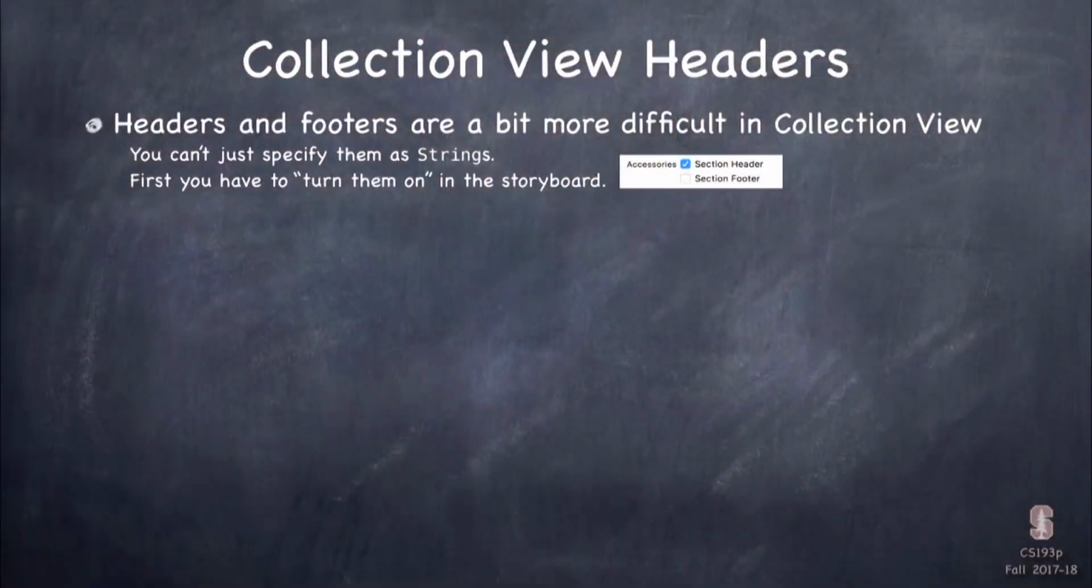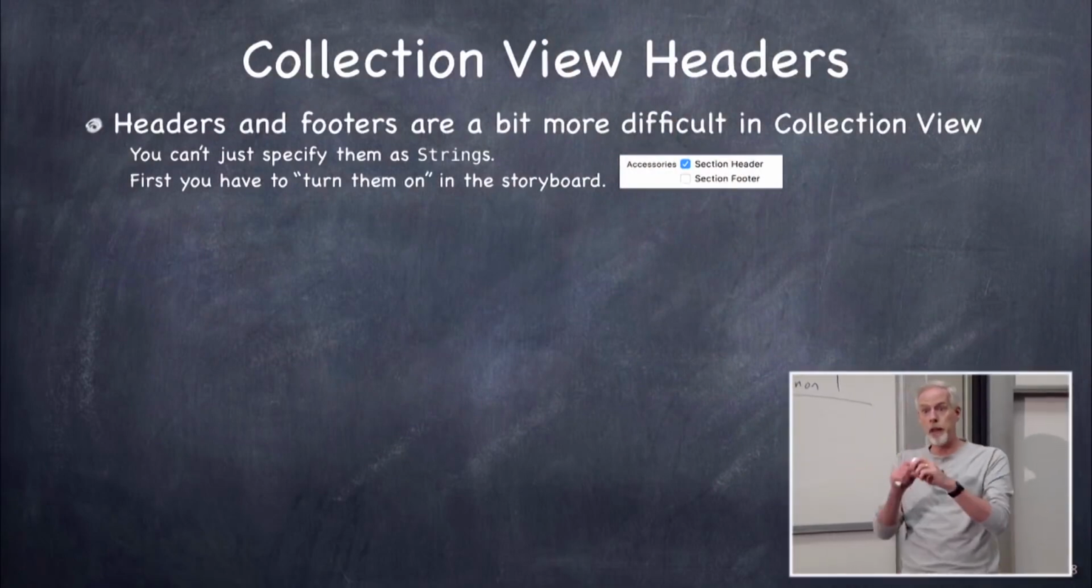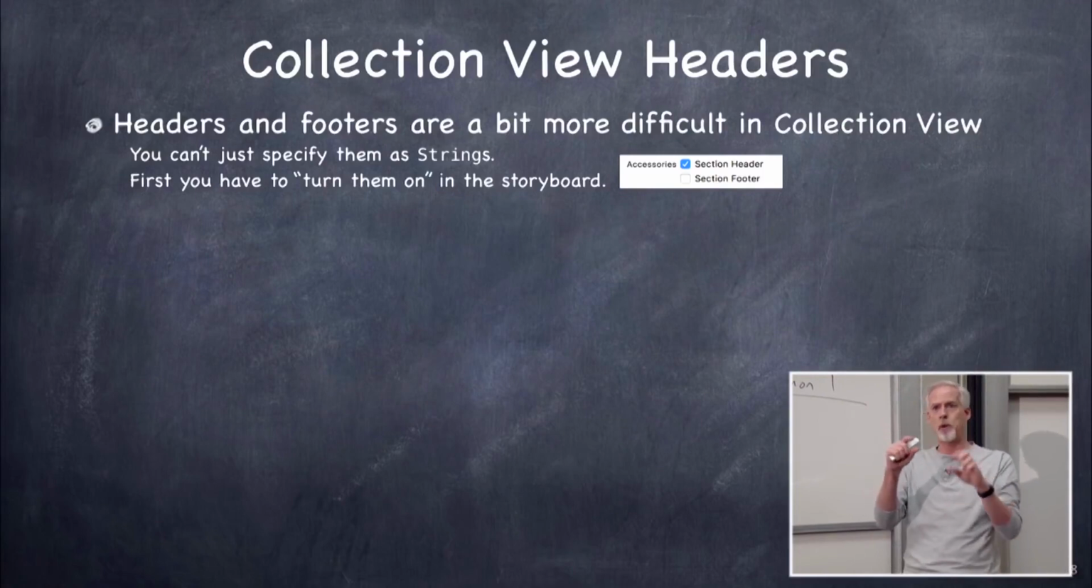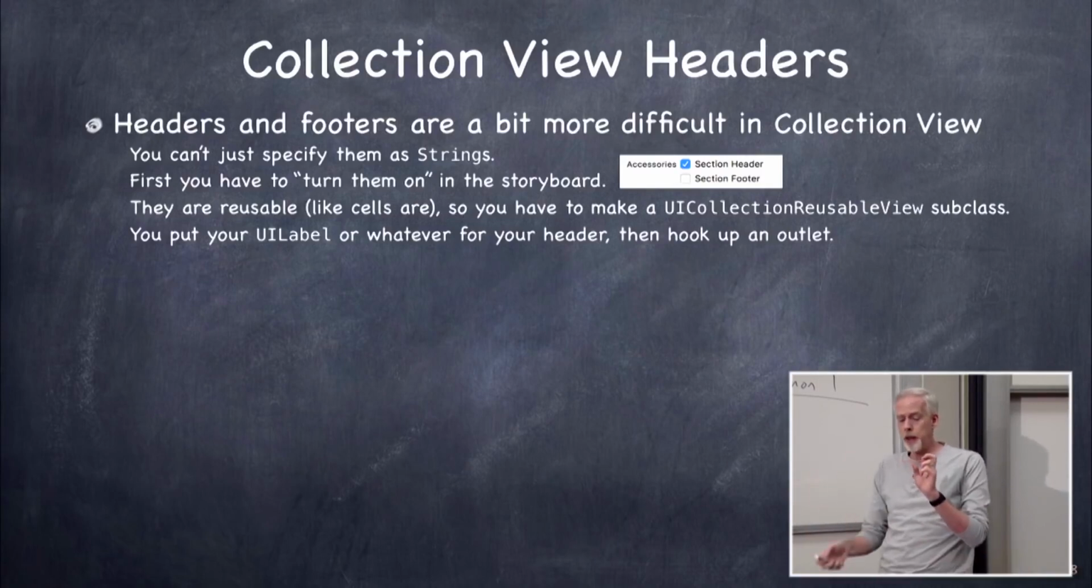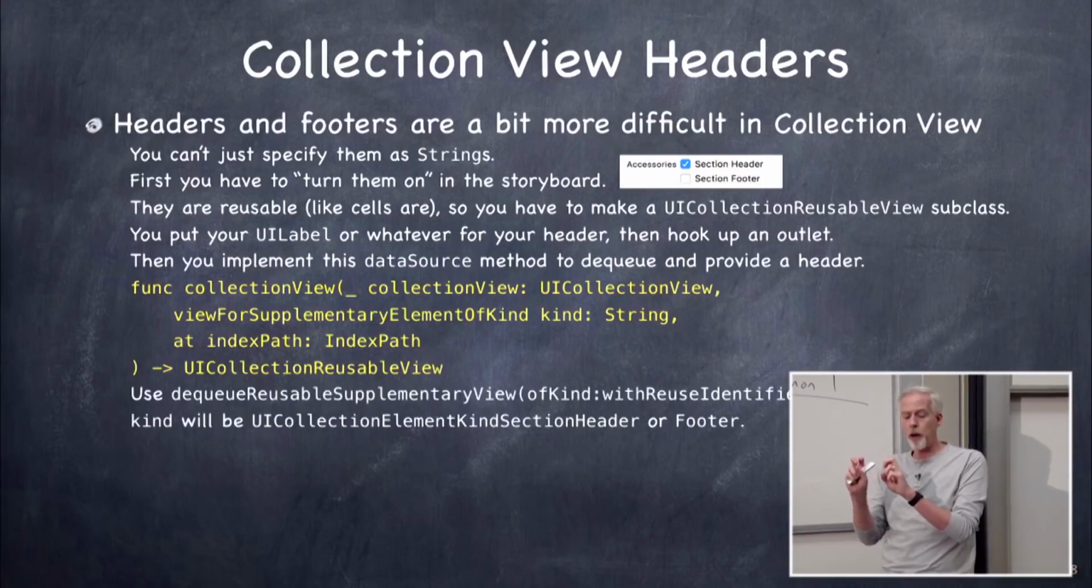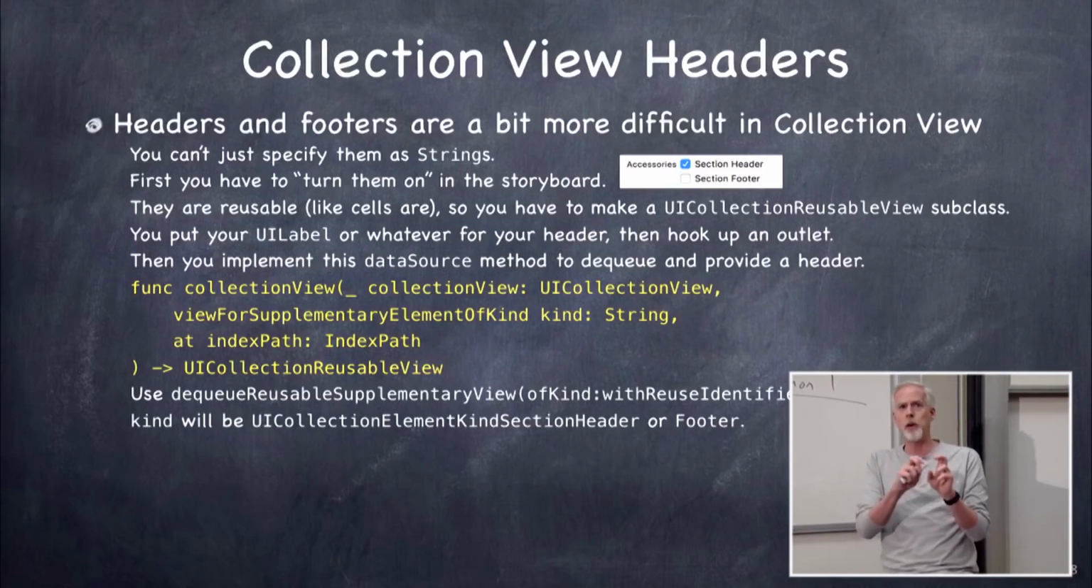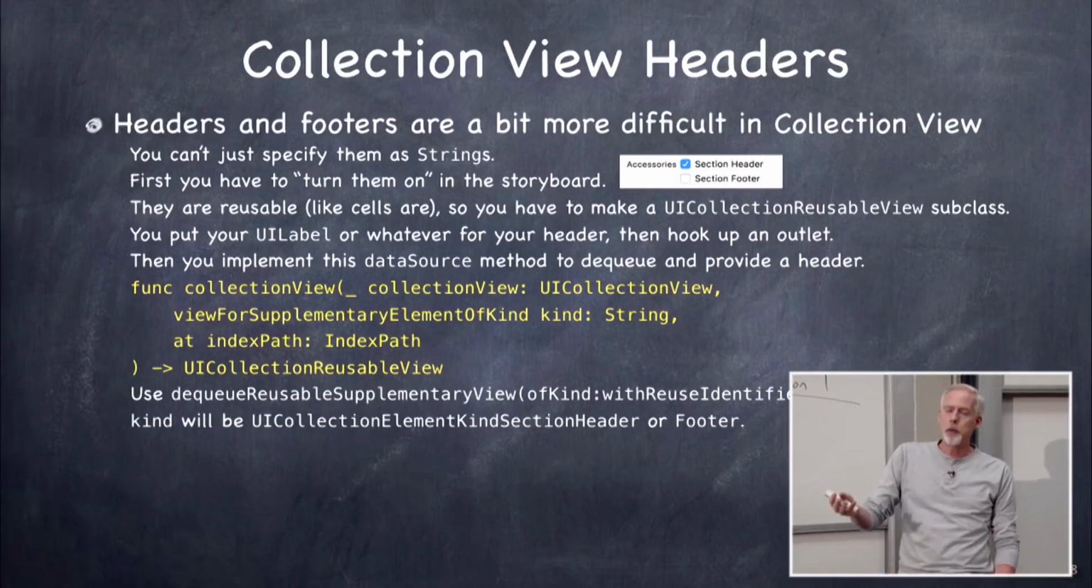What you do to enable your headers is you inspect your collection view and click the button section header or section footer, and then a little thing will appear in your storyboard that you can go drag things into. That little thing is a prototype, and it's going to be repeated for every section header. You can put anything you want in there though, but you're going to have to create this subclass. The subclass is of something called UICollectionReusableView instead of UITableViewCell or UICollectionViewCell. So you're going to subclass that, put your outlets in there,